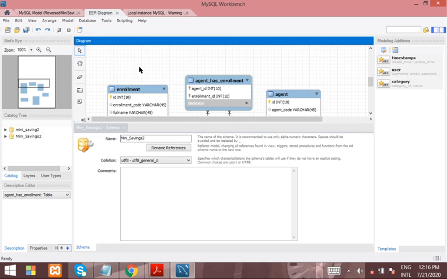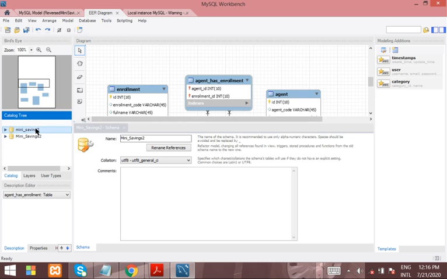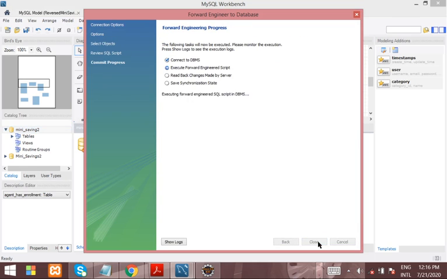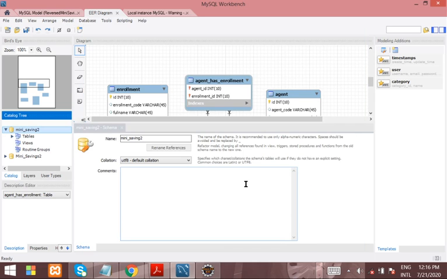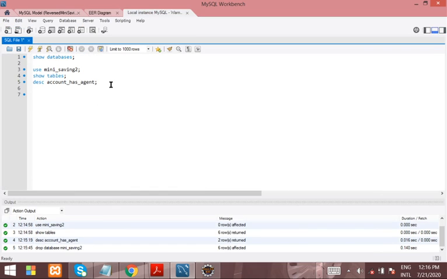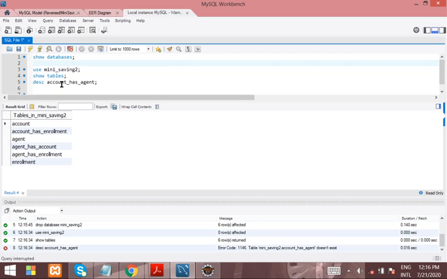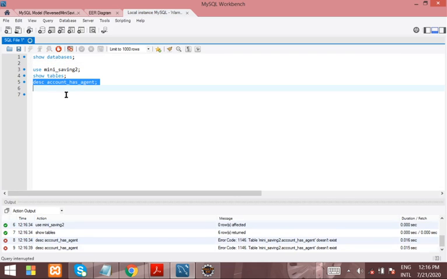This is the diagram, right? So let's forward engineer it, and this is the, what is it? I'm having two. I don't know which one. Okay, this is the one I'm working on. Database, forward engineer. You see there's no error here. So let's do this. Let me describe this, since the database is not there.